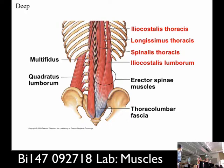What's that? Absolutely, yeah, they can be tight for a number of reasons. Maybe because they're being overworked, because you don't otherwise have your core engaged, or maybe you've got posture issues. There's a lot of reasons. Quadratus Lumborum is deep to that even, and you can feel the QL if you go out a little bit from the erector spinae. You can feel the margin of the QL right here, Quadratus Lumborum,